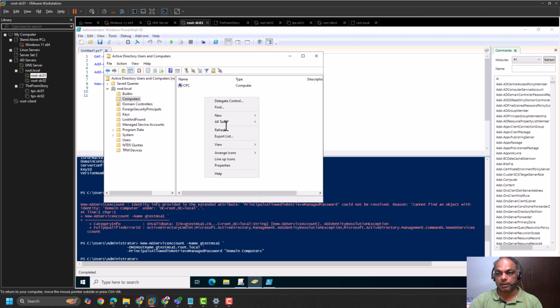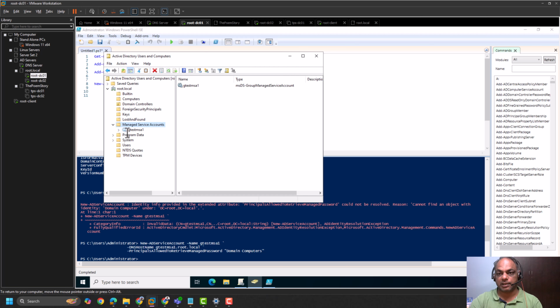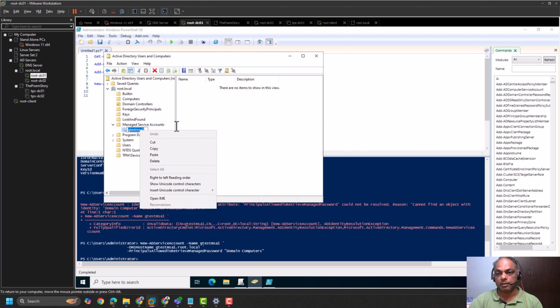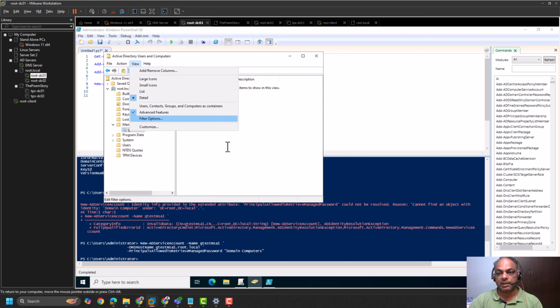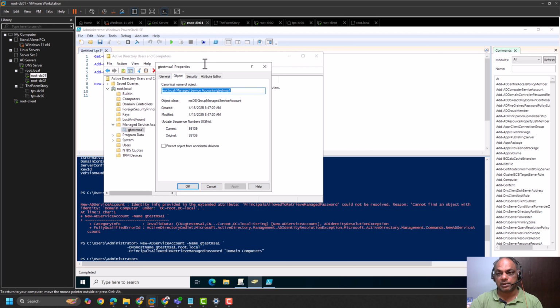All right, let me refresh and go to manage service accounts. Okay, we do not see that account, so let us refresh. Okay, gtest MSA1, it's created now. And if view advanced features is on, right click and do properties. You can see the properties of this account,